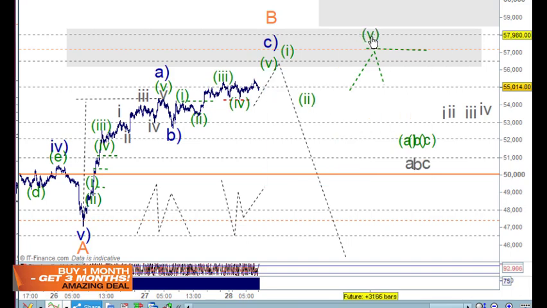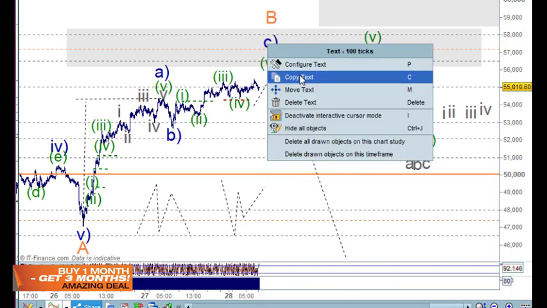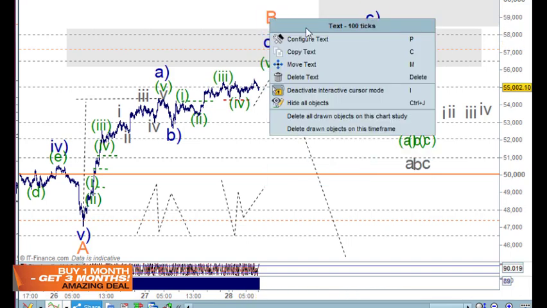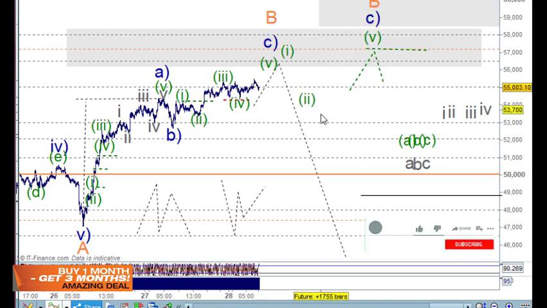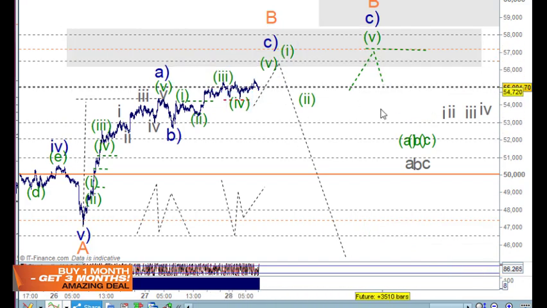So I'm just going to copy that wave 5 here. So we need to be long at that point. Which we will, but we'll probably get stopped out here first, but that's okay. We'll work our way back in. So we're just really managing our exposure